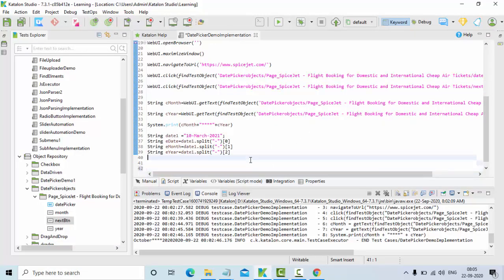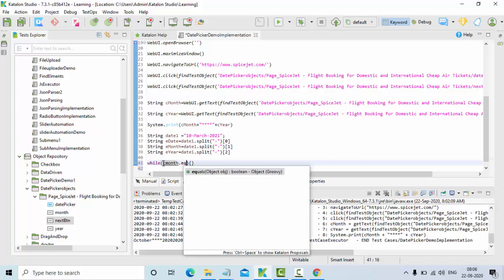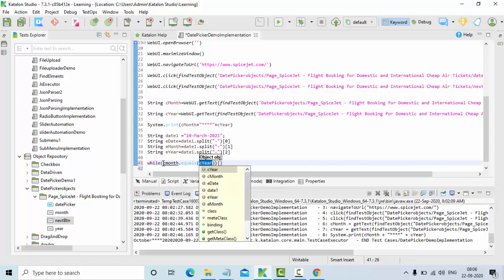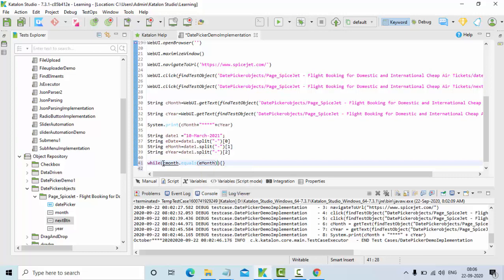So for that, I'll simply write this logic as a while loop. Here it's c month dot equals of e month, which I'll apply negation to, because I want to iterate till both are the same.